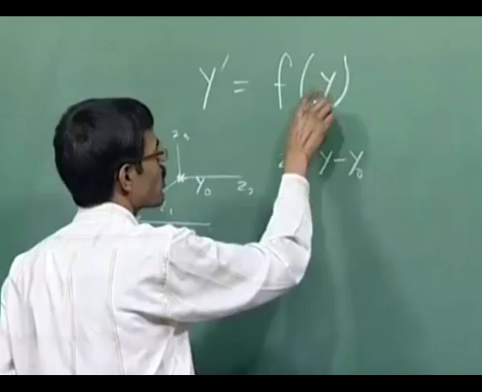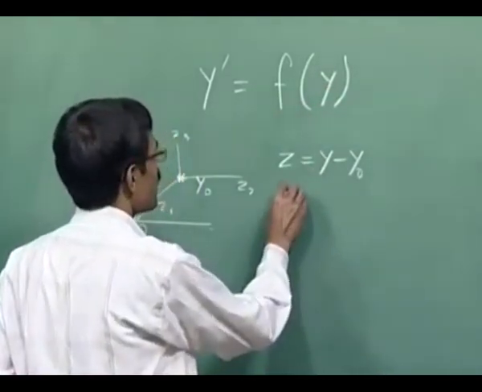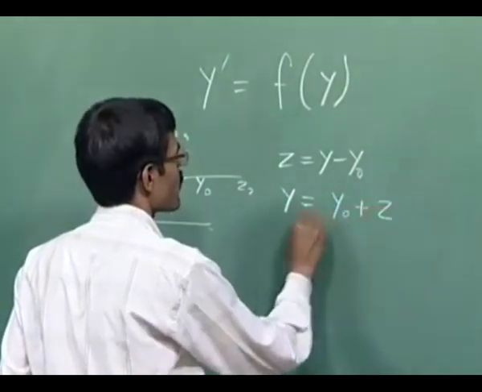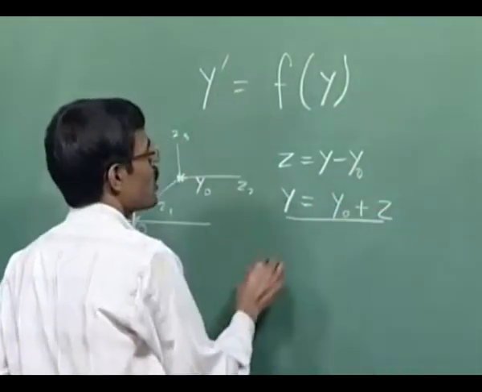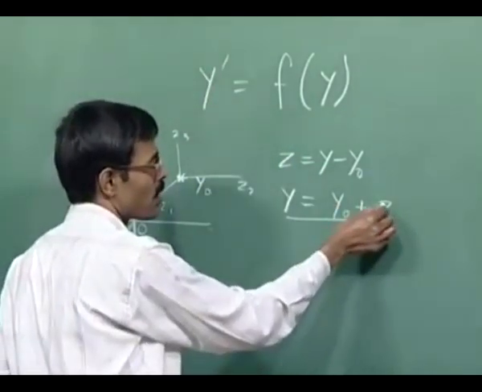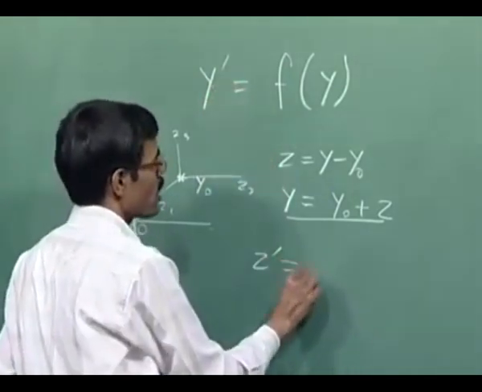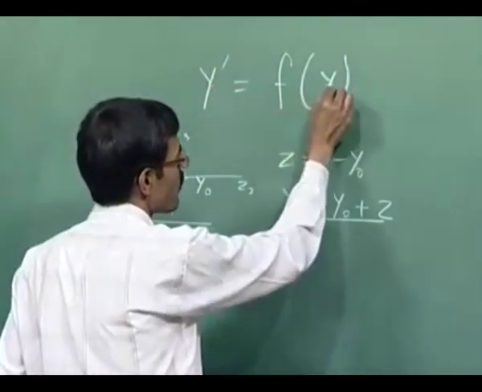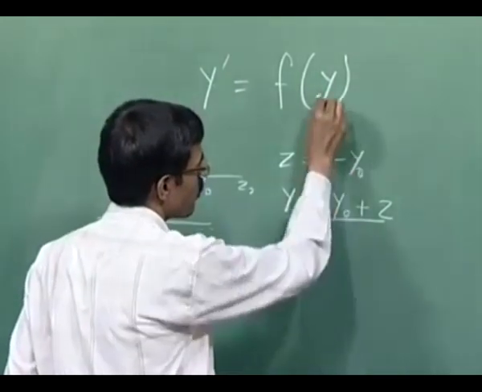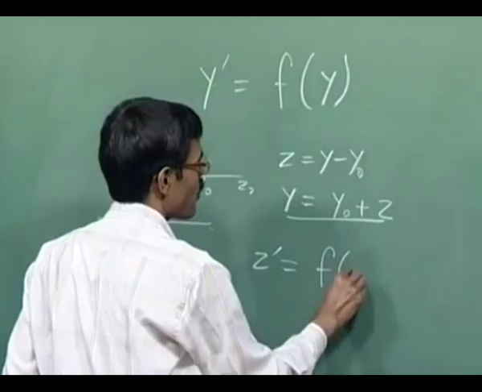Then we want to find out what z prime is. So, y is y0 plus z, we insert this here. If y is y0 plus z, then y prime is the same as z prime, since y0 is constant. So, here we will have z prime, and that is equal to f of y, that is, f of y0